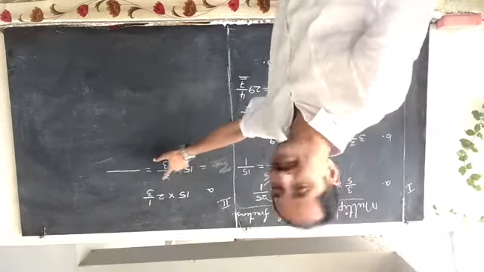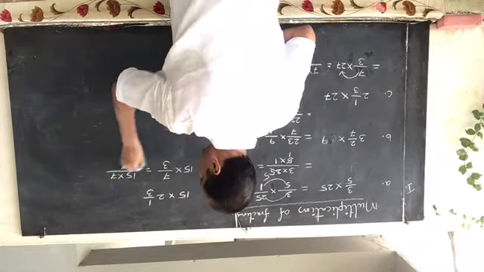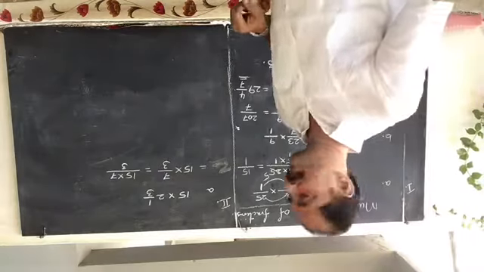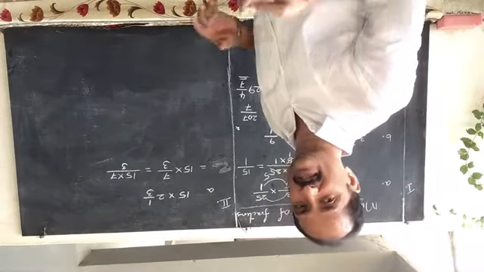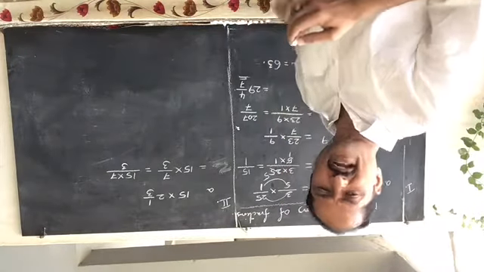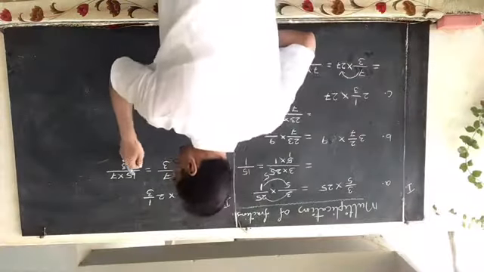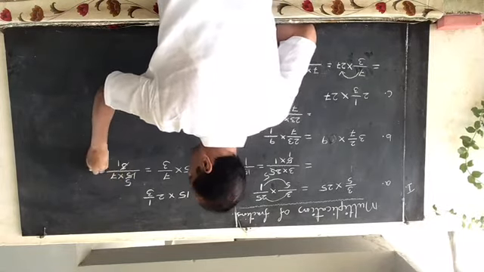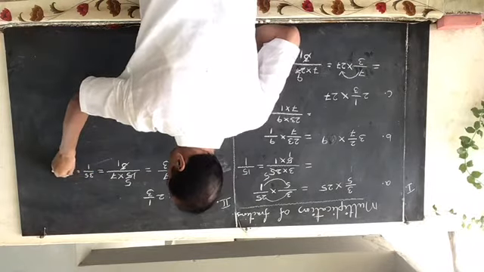Multiply the whole number with the numerator. So 15 into 7 by 3, the denominator as it is. Now in the numerator and denominator, is there any common factor? The denominator is 3. Is 3 a factor of the numerator? Yes, 3 is a factor of 15. 3 ones are 3, 3 fives are 15. So 5 into 7 by 1, that is 35 by 1, which is equal to 35. That is the answer.